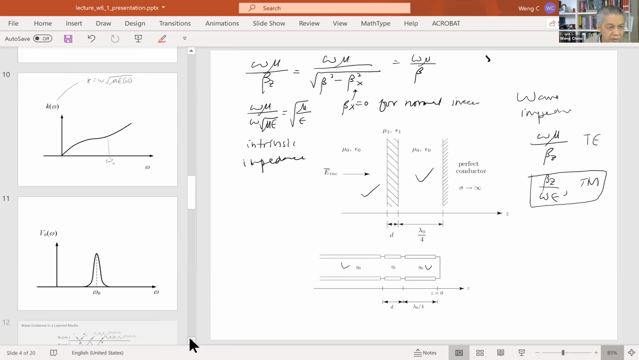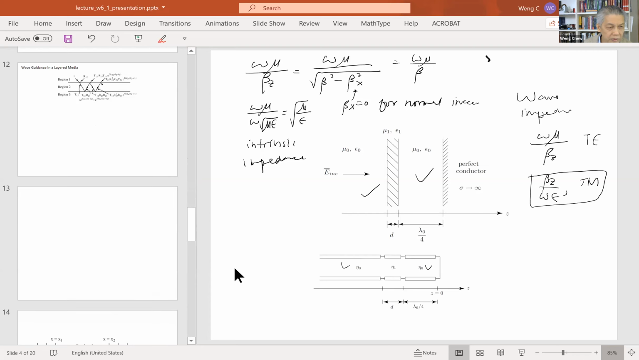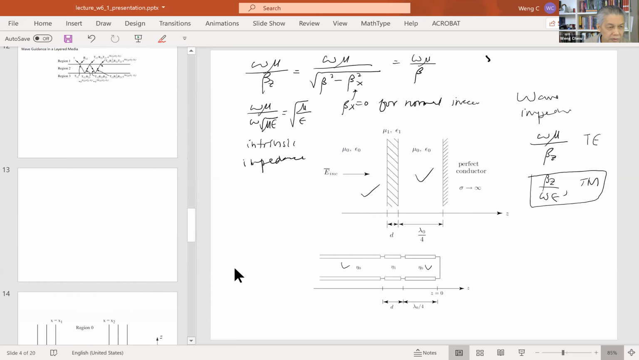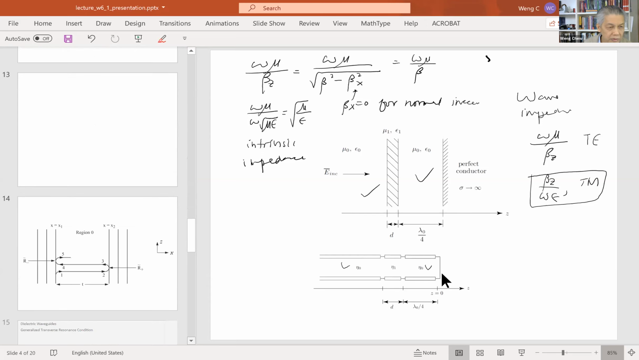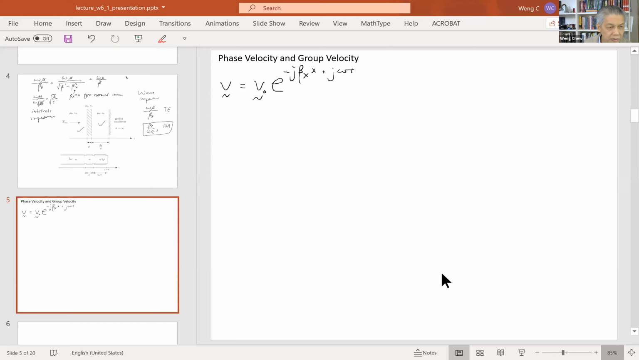I'd like to talk about group velocity. We already talked about phase velocity. We said that if we have a time harmonic signal, then the wave propagates maybe with a complex exponential in this manner, and then you can